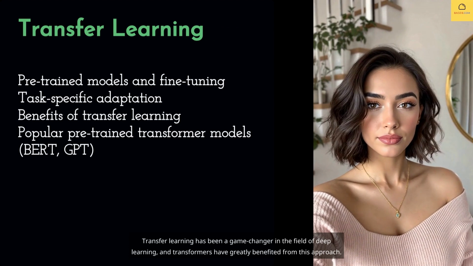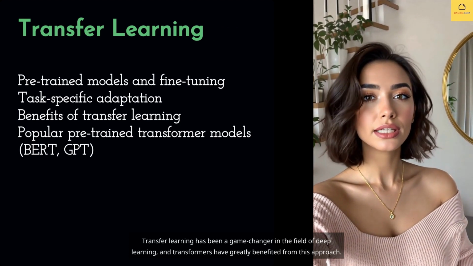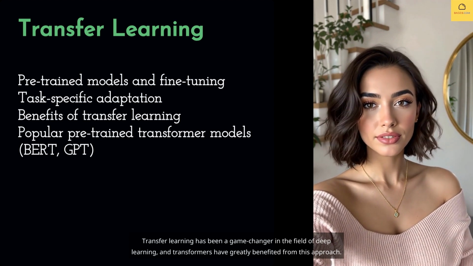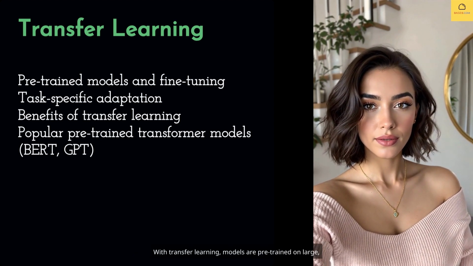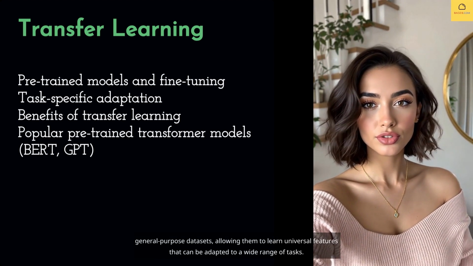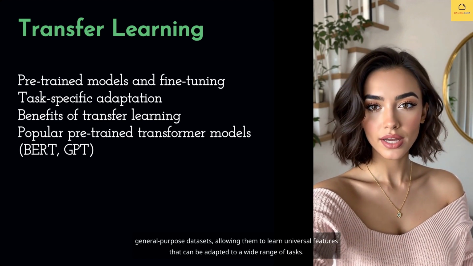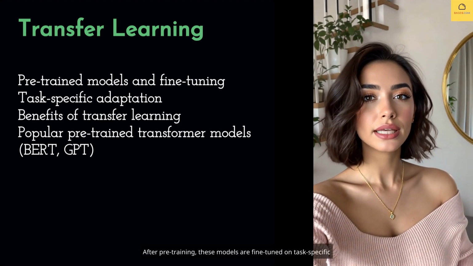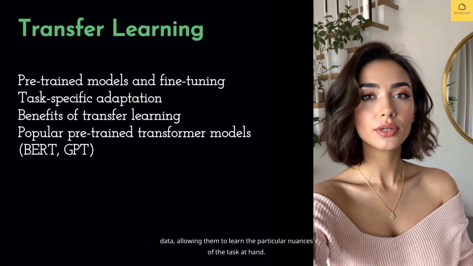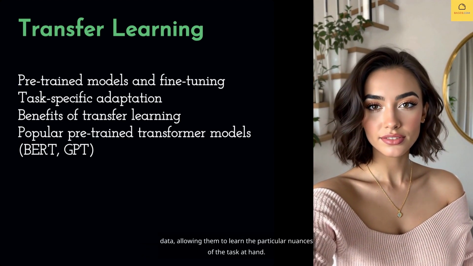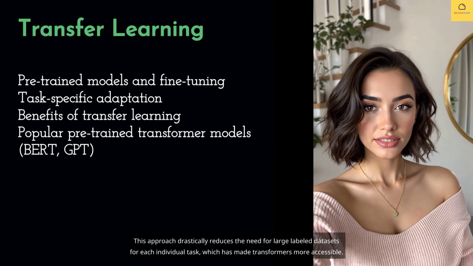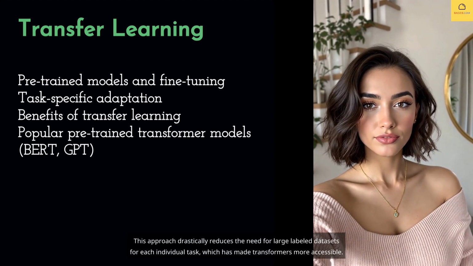applications. Transfer learning has been a game changer in the field of deep learning, and transformers have greatly benefited from this approach. With transfer learning, models are pre-trained on large, general-purpose datasets, allowing them to learn universal features that can be adapted to a wide range of tasks. After pre-training, these models are fine-tuned on task-specific data, allowing them to learn the particular nuances of the task at hand. This approach drastically reduces the need for large labeled datasets for each individual task, which has made transformers more